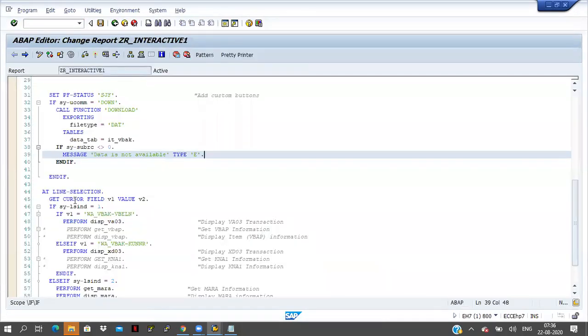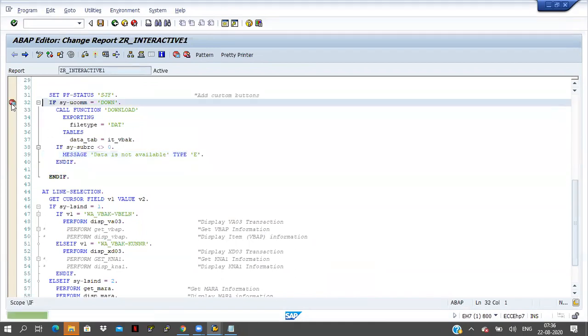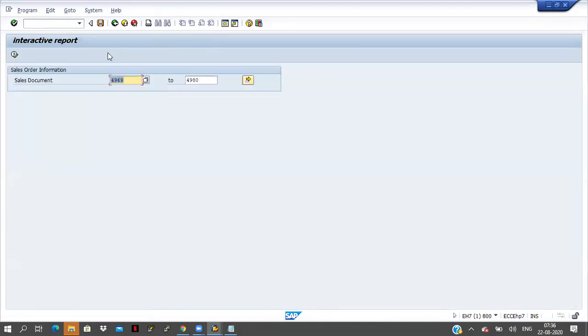Where is this download? One minute. It is not working here. I will check why it is not coming.